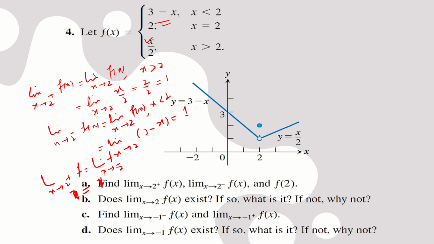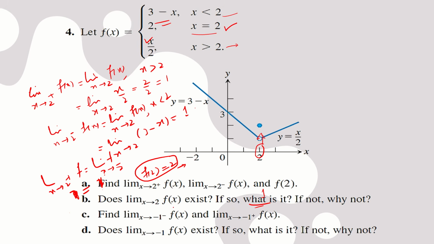So now we can see here that at this point 2 there is no jump, so this limit exists. So this limit exists. What about f of 2? f of 2 is defined from the function here. This is the value at x equal to 2, this is for x less than 2 and x greater than 2. So what about f of 2? f of 2 in this case is equal to 2. The limit is coming as 1, but the value of the function is equal to 2. So does the limit exist? The answer is yes. And what is that? That is 1. And what about the value at this point? That is equal to